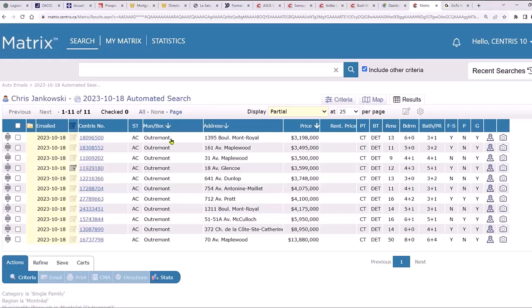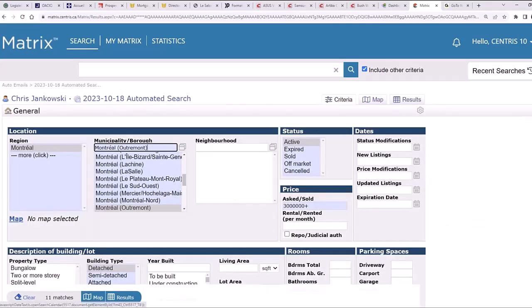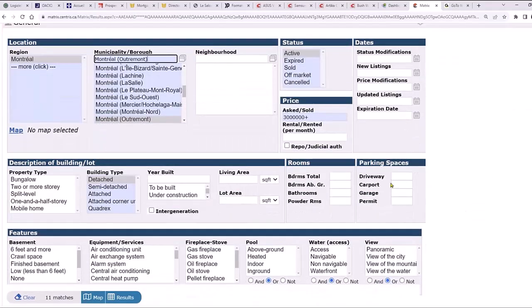Is that okay? I'm going to go into criteria. Actually, you can always go into criteria. Let's say the properties were not what they were liking at the $3 million mark. So let's say the client says, show me properties only from 5 million and up. Okay, we're down to three, much fewer. But if that's what the client wants, that's what the client gets, right?